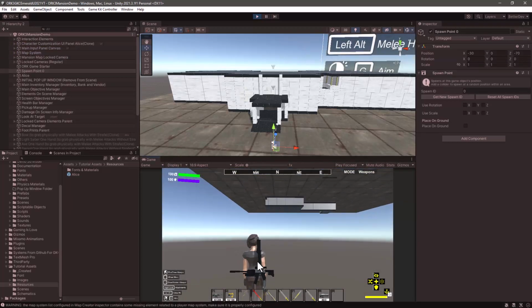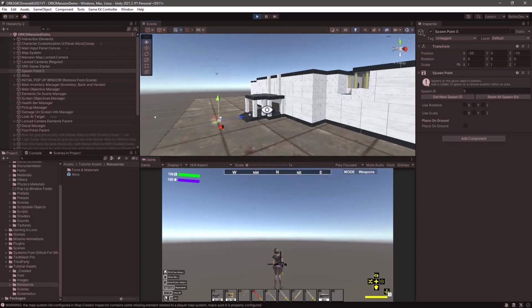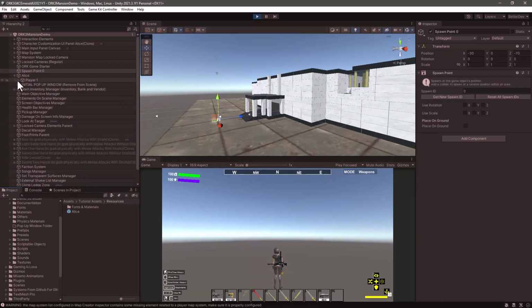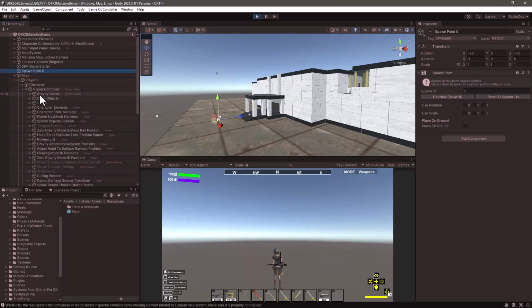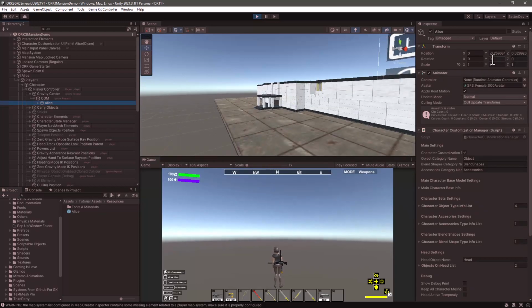And you can see that the player is falling through the ground. The reason for that is that the Alice game object is being spawned in the place of the spawn point, which is what we want. But the mesh itself, in the hierarchy of Alice, if I click on this game object to find the mesh, inside the player controller we have the gravity center, we have the COM, and then we have Alice. And you can see that it has an offset